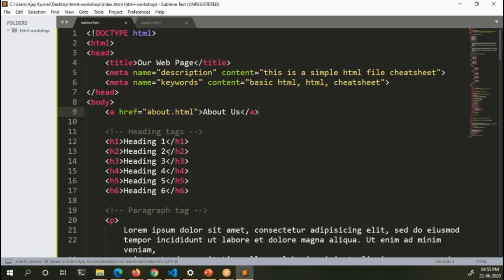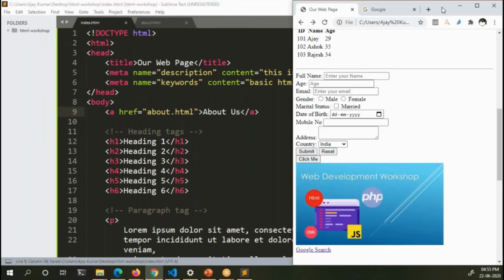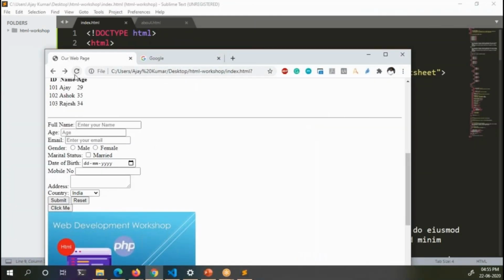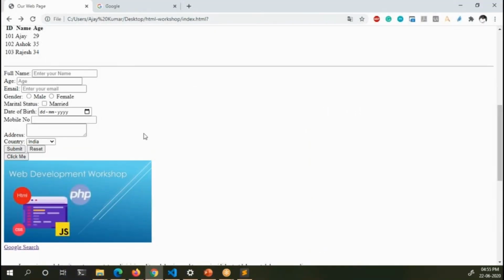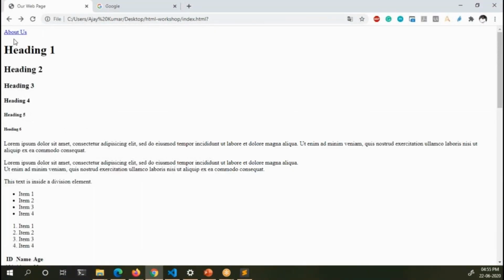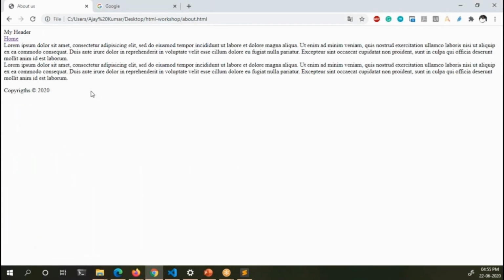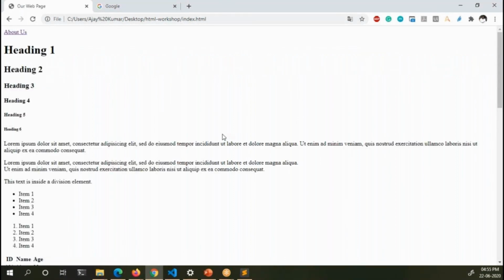I'm simply closing the a tag. So now let us go to the browser. I'm refreshing the browser. Now at the starting you can see about us. When you click on about us, you will get to the second page. When you click on home here, you'll get back.